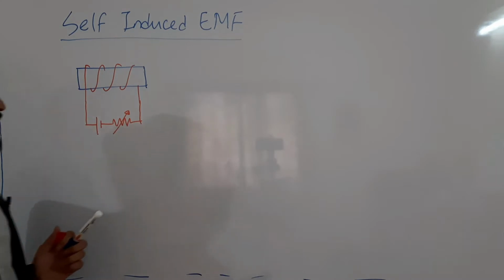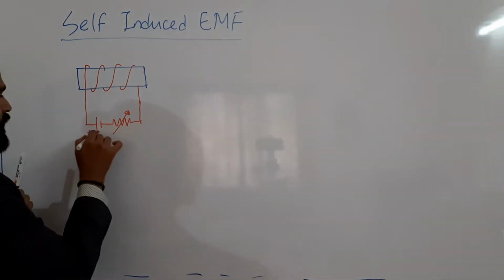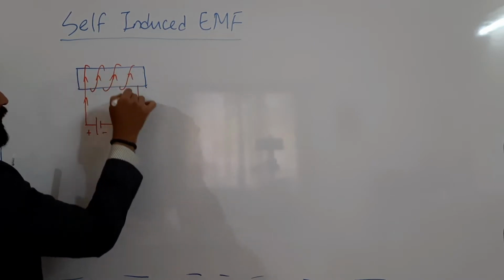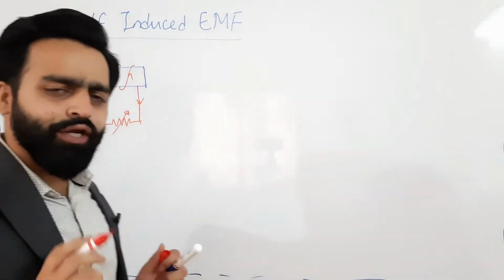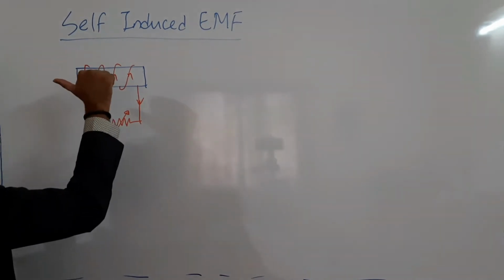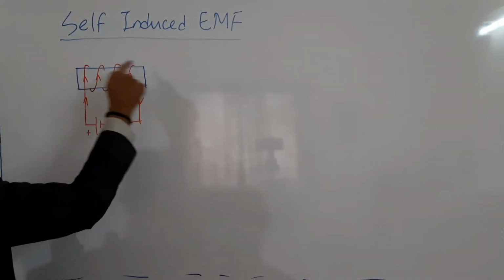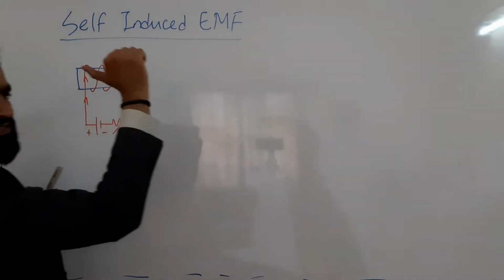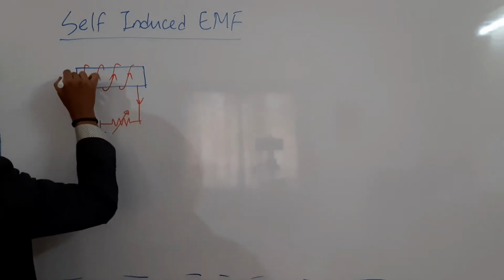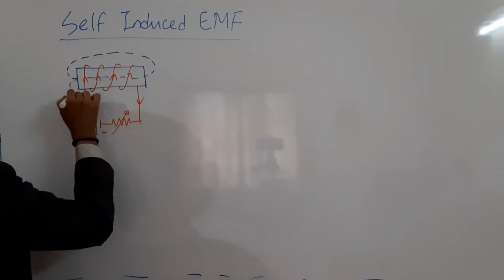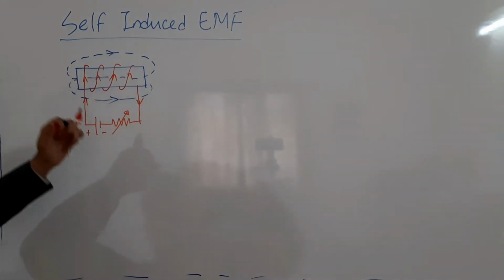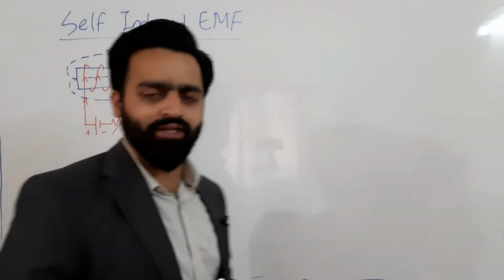Now what will happen whenever current flows through this coil? Current will flow like this, and it is going to establish magnetic flux as per the right hand thumb rule applied to a solenoid. This will be the north pole and this will be the south pole. Curled fingers indicate the direction of current and the thumb indicates the north pole. So as this is north and this is south, magnetic lines of force will look like this, north towards south. These are the magnetic lines of force or flux that you are seeing in blue color.